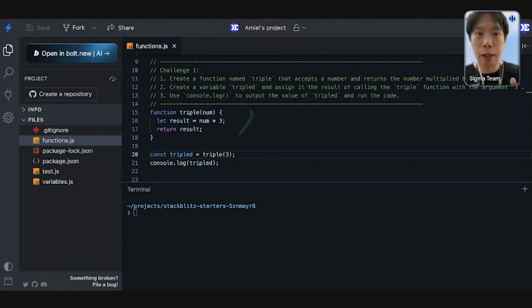But basically, to repeat, there is the function triple. Triple is whatever value you put in the parentheses, and now you're printing out the value, right? So over here, what would be my code result? Remember, I'm in the file called functions.js. When I run the code, what do you guys think my result will be? Type it in the chat.